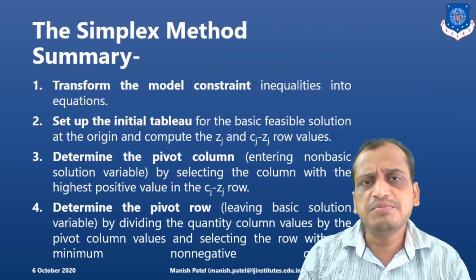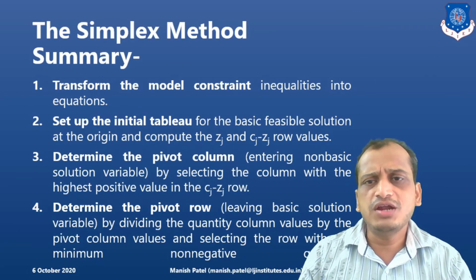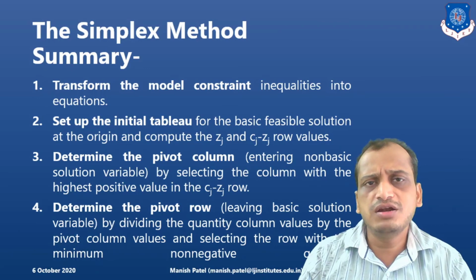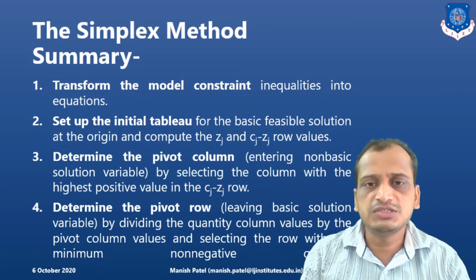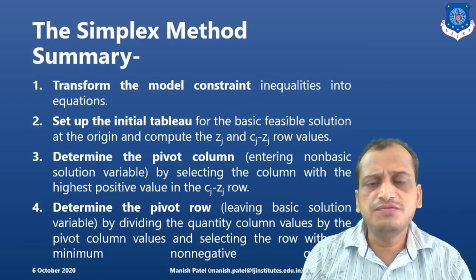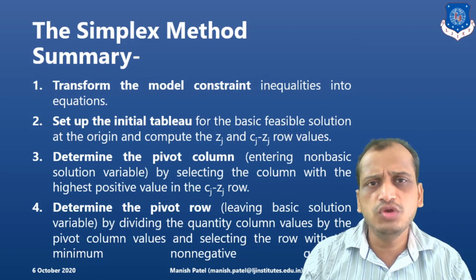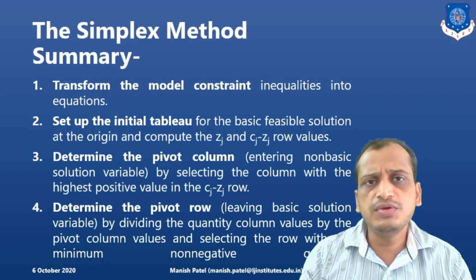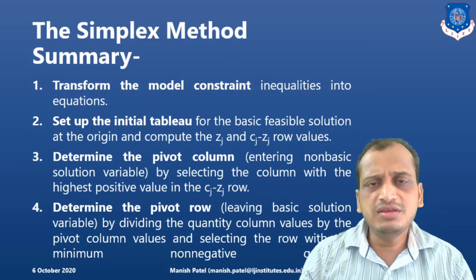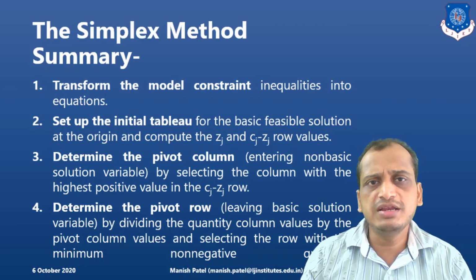So let's summarize the simplex method. First of all, we converted the problem into standard form with the introduction of slack variables, or you can say surplus variables. Based on the standard form, we converted the constraint inequalities into equations, and used the standard form equations to form the tableau. Clear? By forming the tableau, we found the pivot column and pivot row by finding Cj minus Zj.